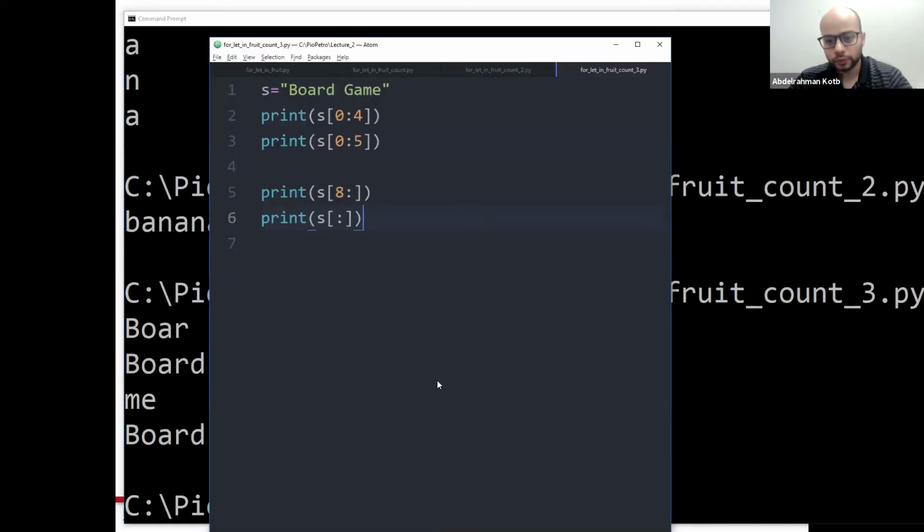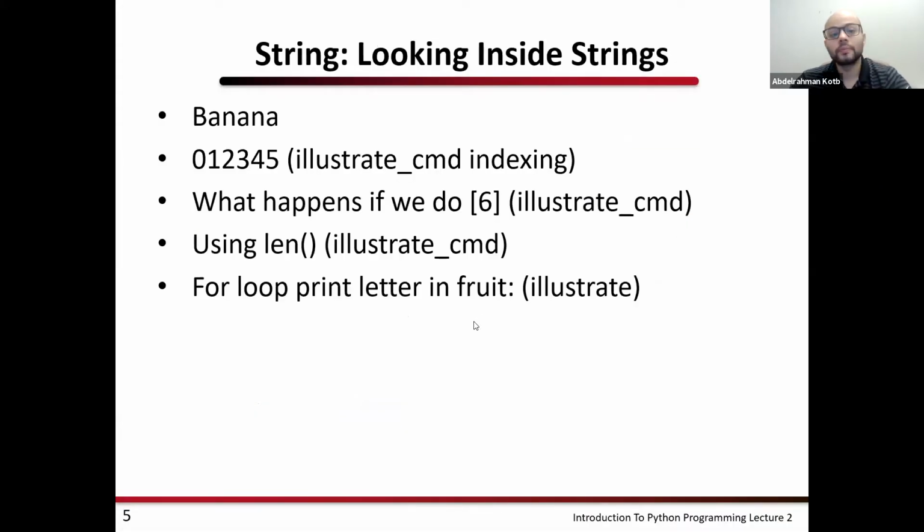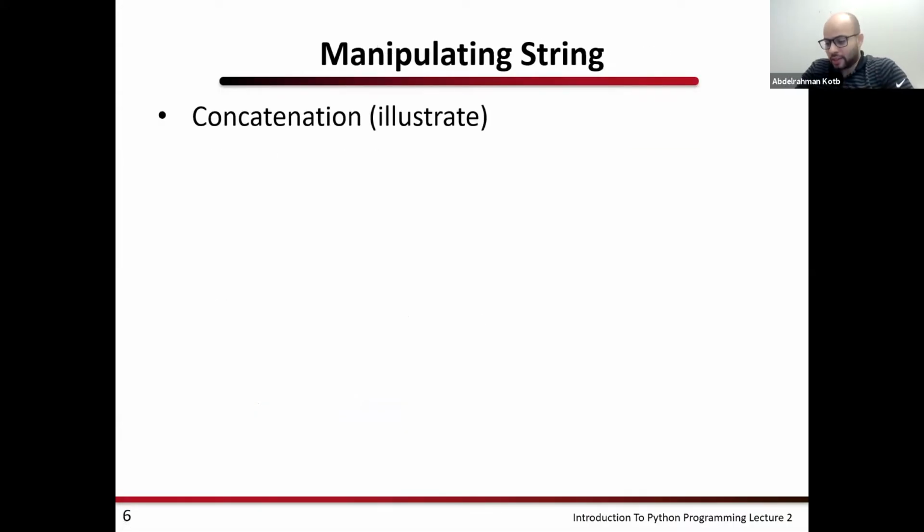Okay. So, manipulating strings. I think when it comes to strings, one of the most important things is manipulation. That's the whole point. Whenever you're reading something using Python, reading a file, reading a book, a website, you're trying to scrape a website to get some information, a lot of times you're trying to manipulate this string because